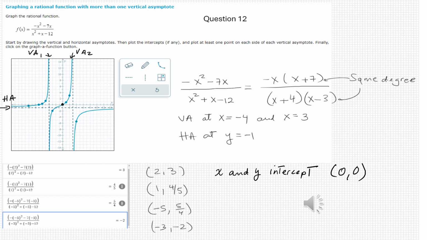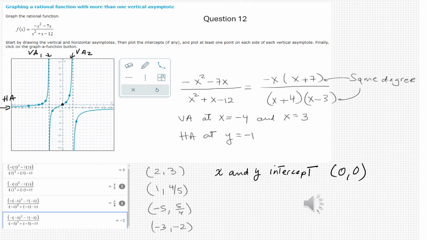Now the question says the intercepts. Intercepting is easy, it's only 0, 0. So you replace x for 0, the answer is 0. So the 0, 0 is both the x-intercept and y-intercept. However, you have 2 points in each piece. I select 4